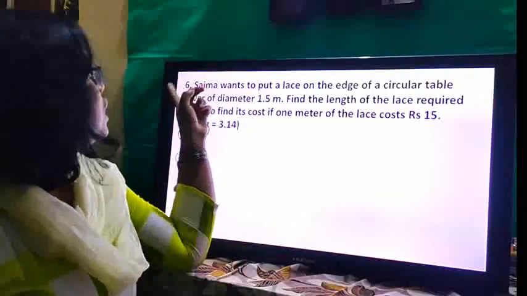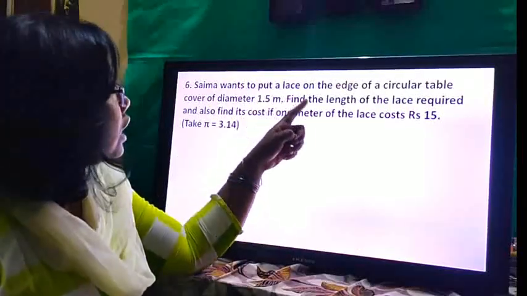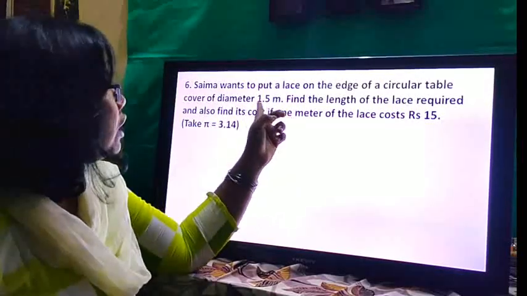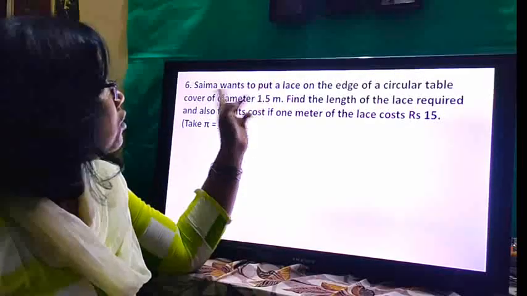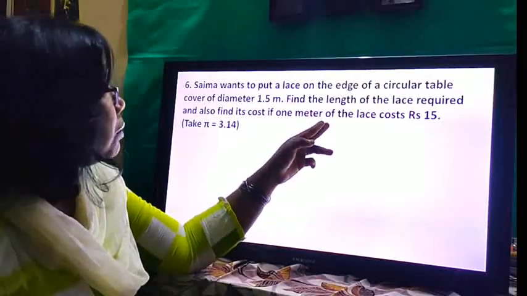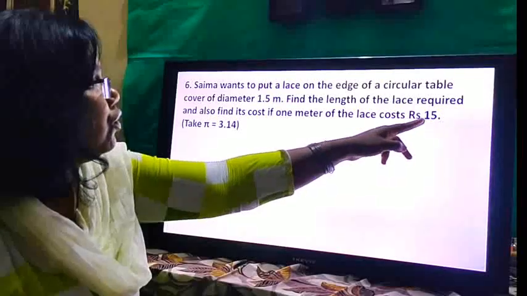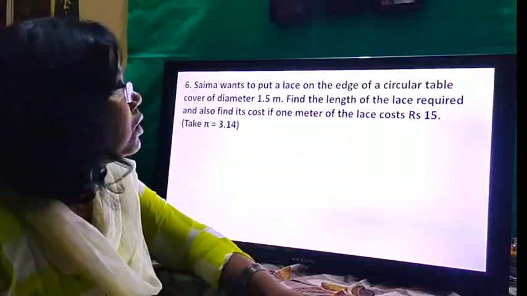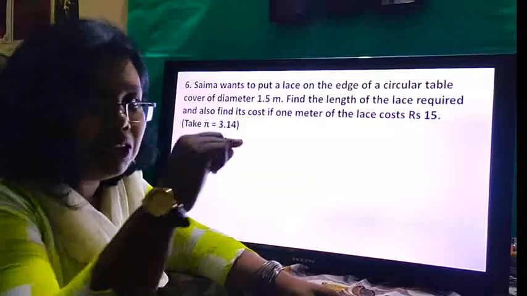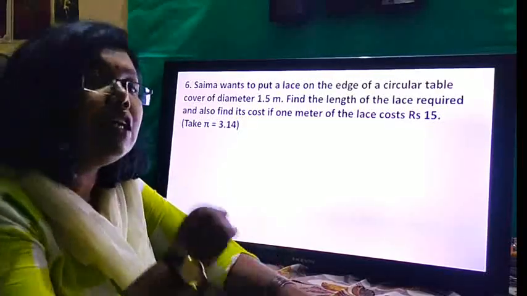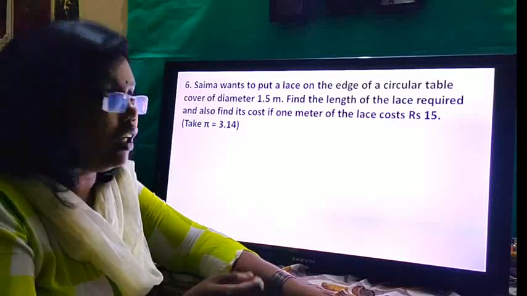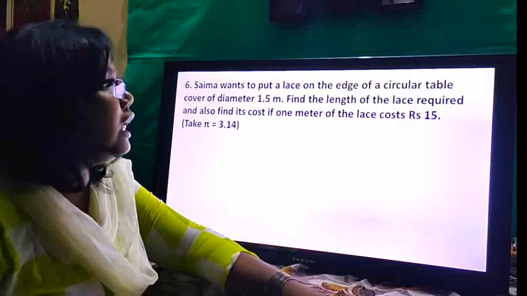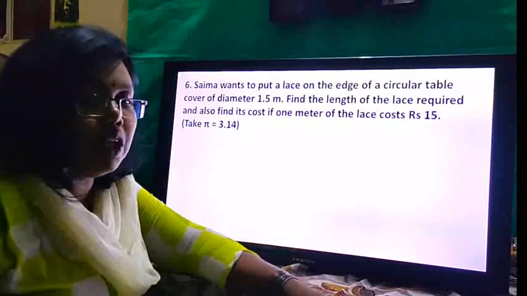Now the next question. Saima wants to put a lace on the edge of a circular table cover of diameter 1.5 meter. Find the length of the lace required. Also find the cost if 1 meter of the lace is 15 rupees. Take pi as 3.14. Now here we are talking about the lace at the edge. Edge means only the outline. So we have to find the circumference of that circular table. And then whatever circumference we get, we have to multiply it with the rate, and therefore